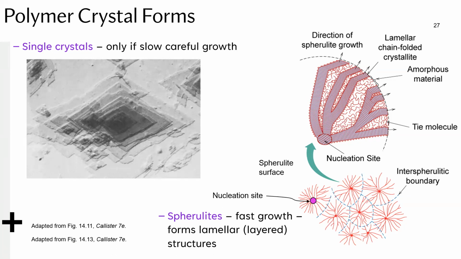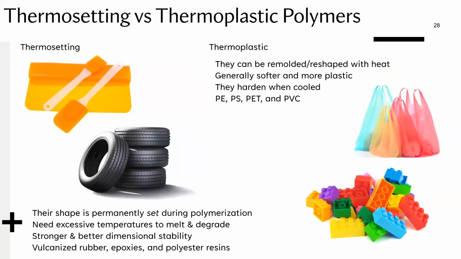this is all we're going to cover on crystalline structures and crystallinity, but there's a lot more going on with how this translates to mechanical properties, and there's a lot more depth into how these branch structures densify and how you can actually predict the density of these structures. But we're going to leave it here as an introductory discussion. So the last piece of information we're going to add for this week's lecture series is thermosetting versus thermoplastic